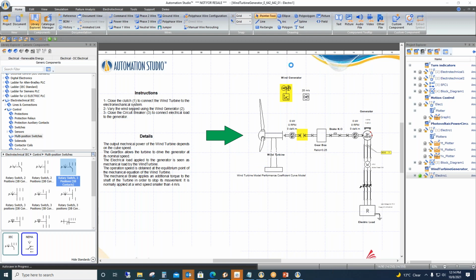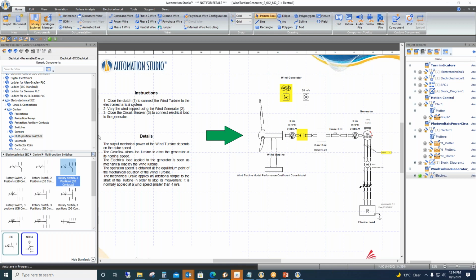Here we have this wind generator, which will generate the effect of wind on the complete project, not only on a particular circuit. If you place the wind generator once here, it will create that much amount of wind that we enter in it.